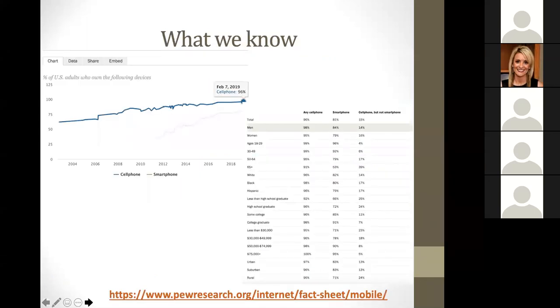So when I think about this statistic, it shows me that there's definitely a place for technology in our outreach as an educator. Knowing that 90% of our population has access to a computer and 96% have access to a cell phone, that really led me to reflect on how I could use this to bridge the gap between home